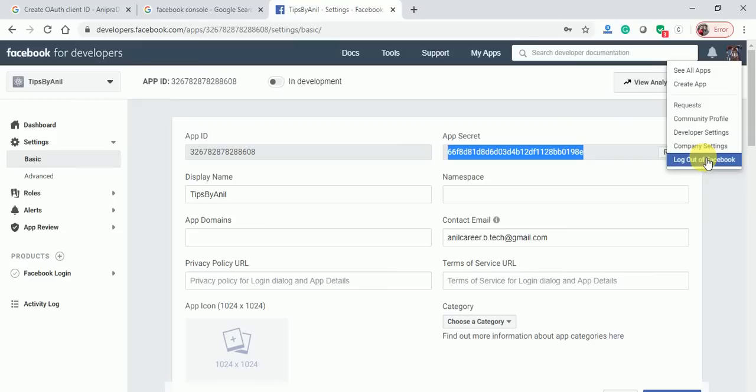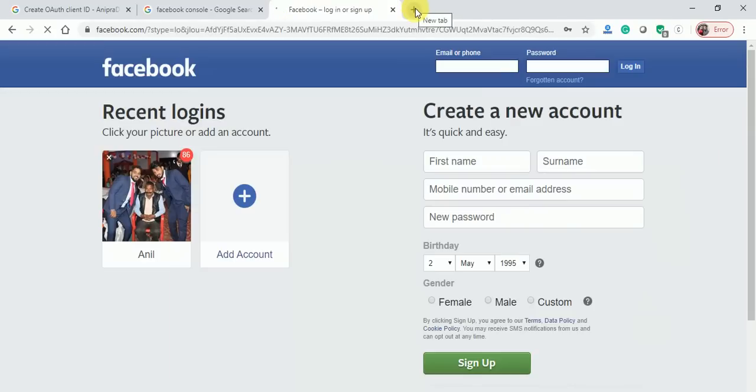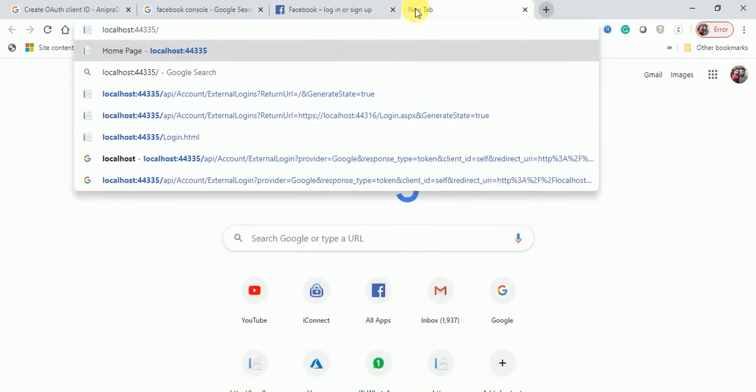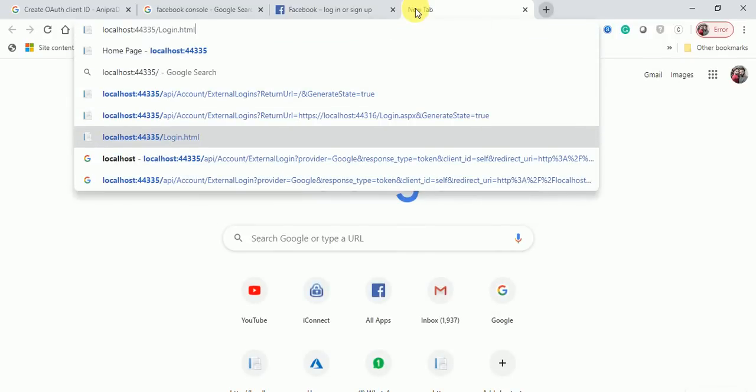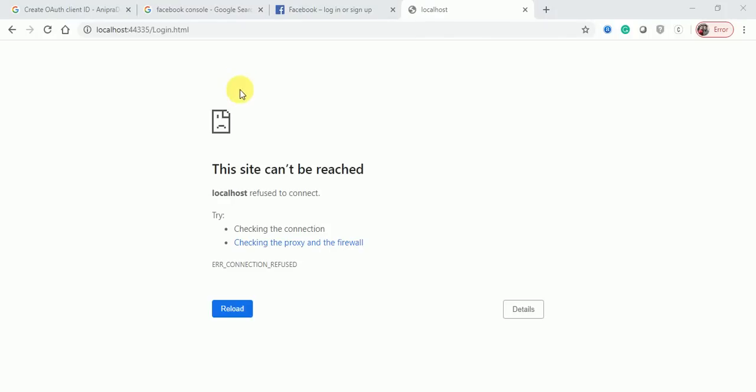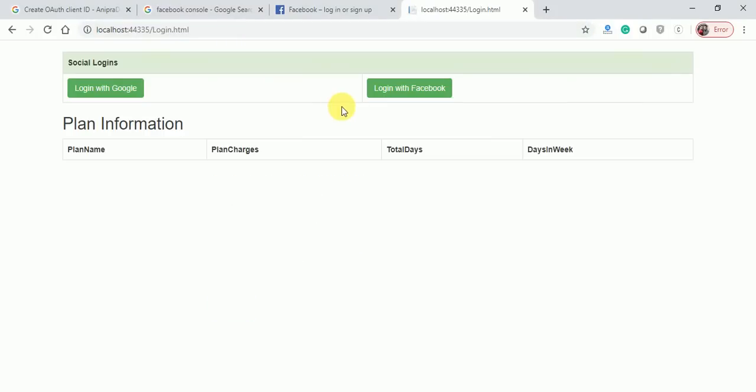Log out of Facebook, localhost slash login.html. Click on login with Facebook.